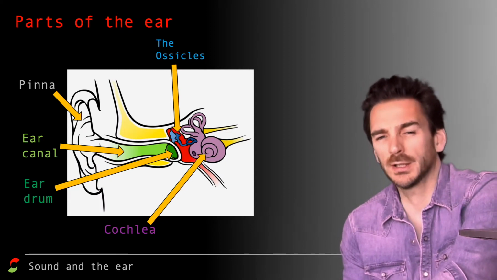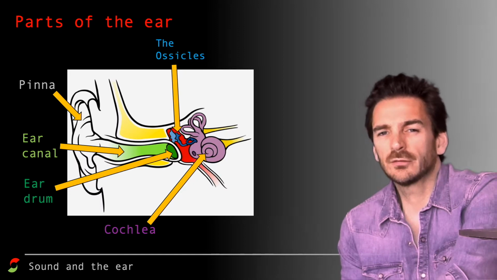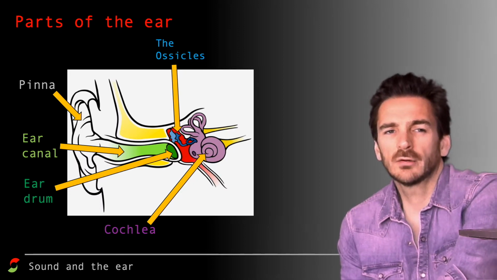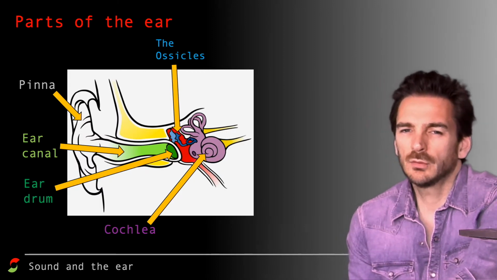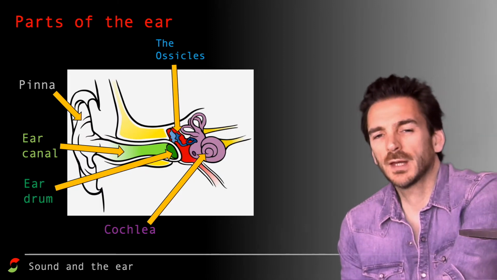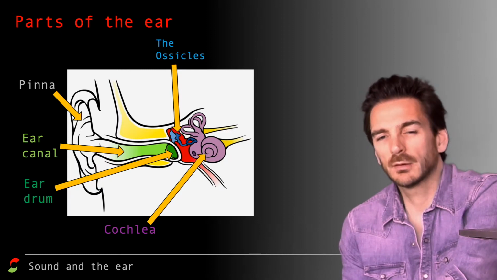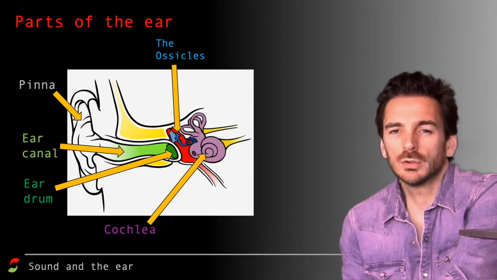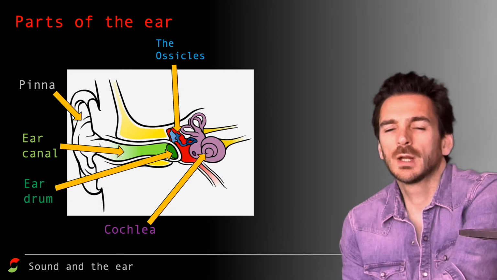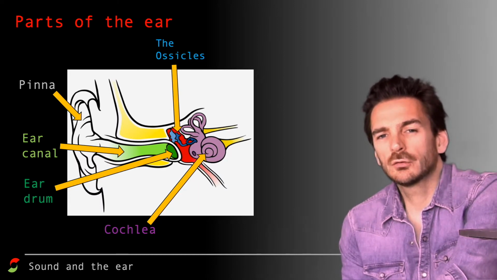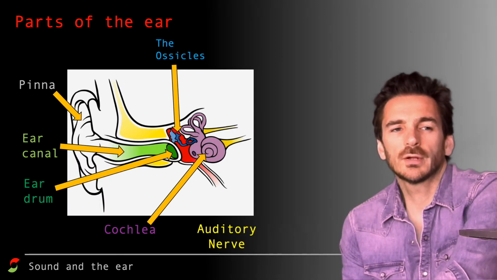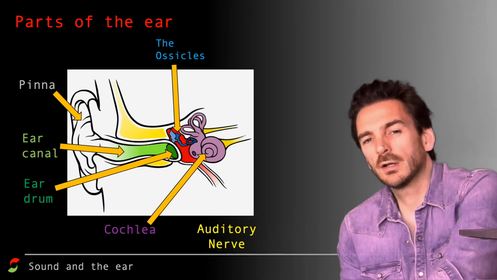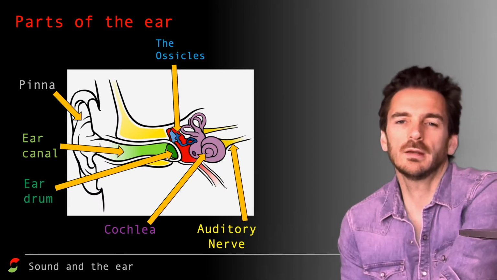Also attached to the cochlea part of the ear, there are three semicircular canals, which you can see at the top in the purple area. They don't play a role in hearing, but they're to do with balance. So if you ever get an ear infection and you feel a little bit unbalanced, that's why, your ear helps you balance. So the role of the cochlea is to transform all of the sound waves, the mechanical vibrations, into electrical signals, and those electrical signals then travel along the auditory nerves to the brain,